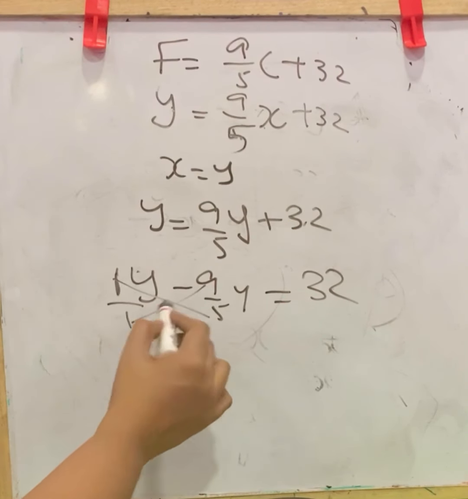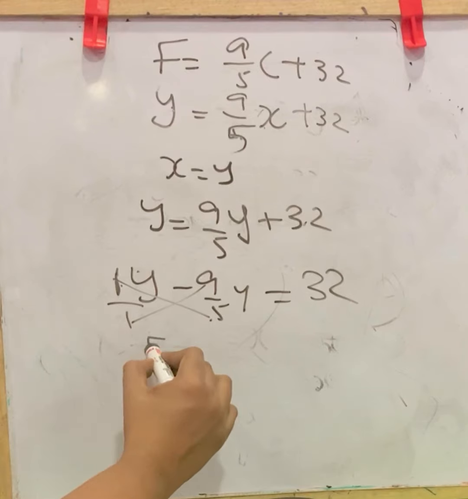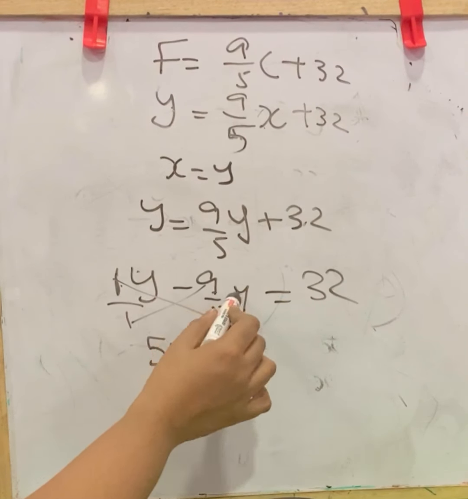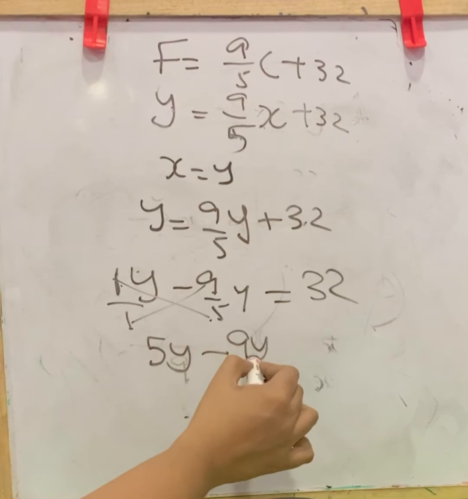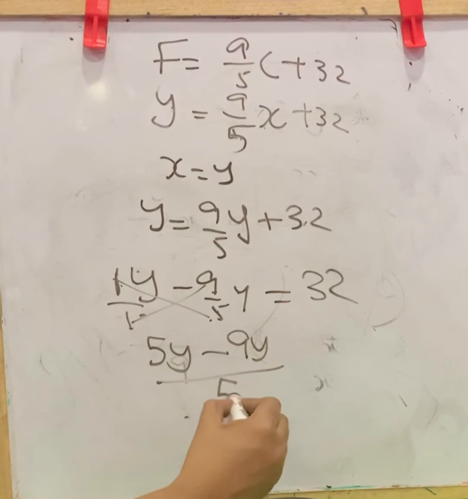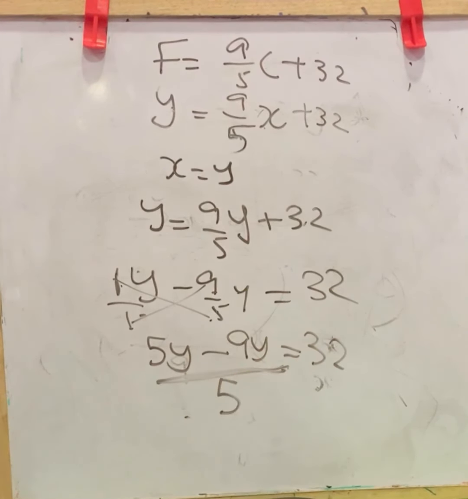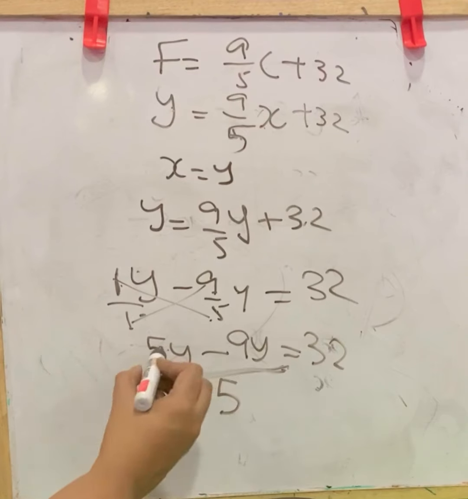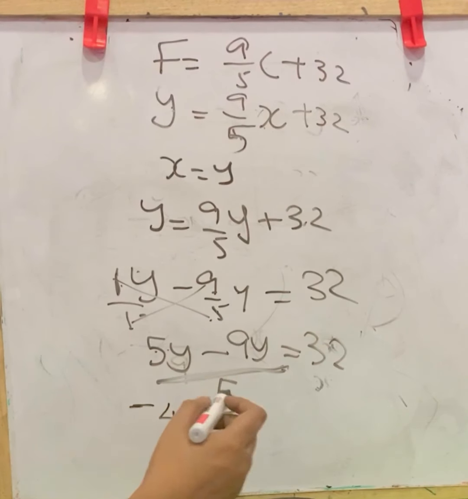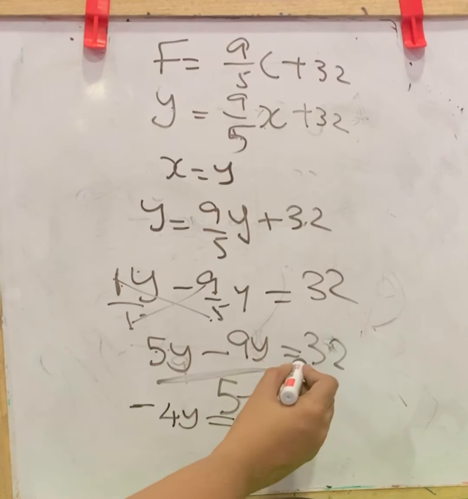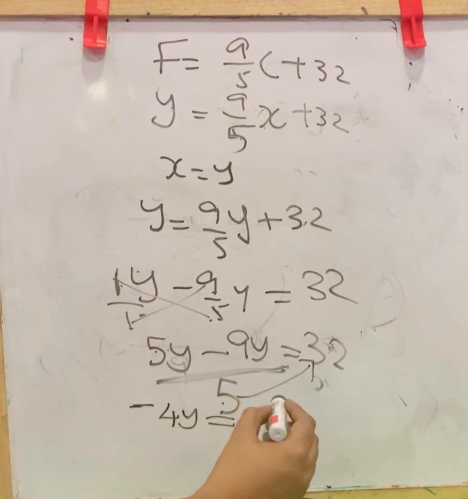You can cross multiply. 1 into 5, 5y minus 9y into 1, 9y, whole by 1 into 5, 5, equal to 32. This is whole by 5, so you can take this 5 to RHS. This becomes 5y minus 9y is minus 4y. That is 5 minus 9 is minus 4 equal to this 5 going to RHS, 32 into 5,